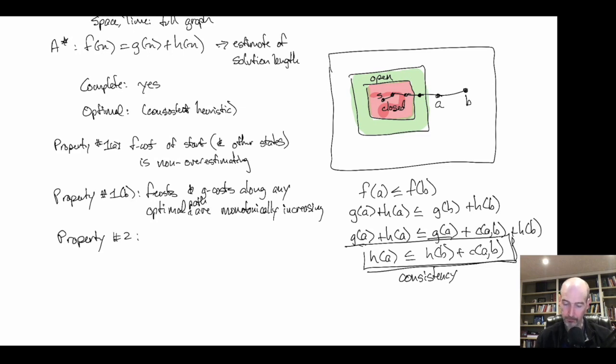If we're thinking of going to any optimal state S, we want to pass from the start to any optimal state, then there's always going to be some state on the open list with optimal cost until we close S. Okay, so a node on the optimal path to any state S